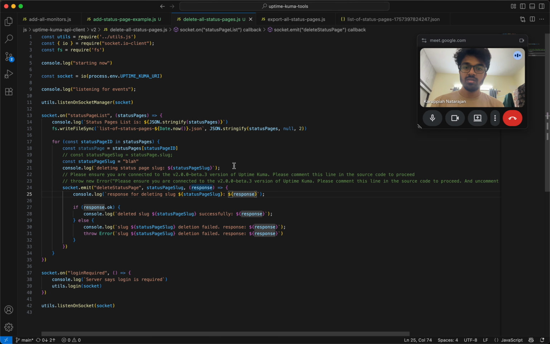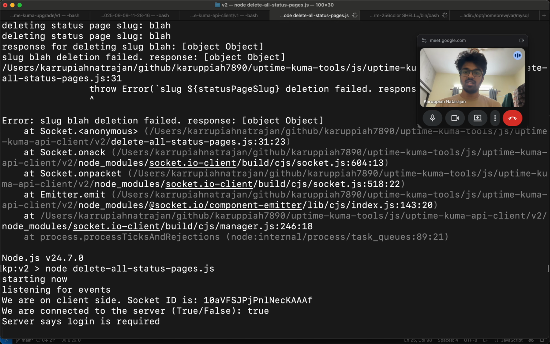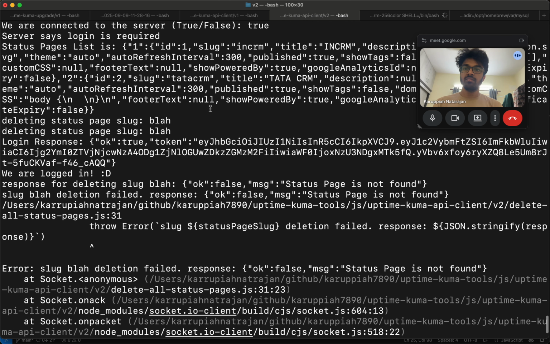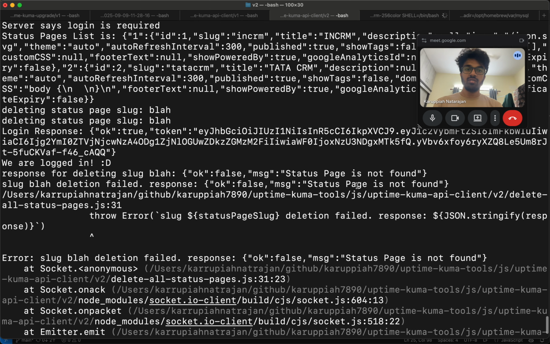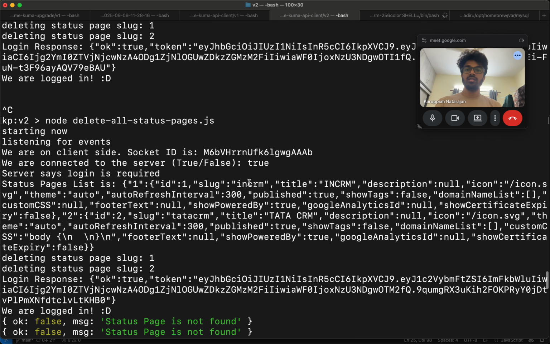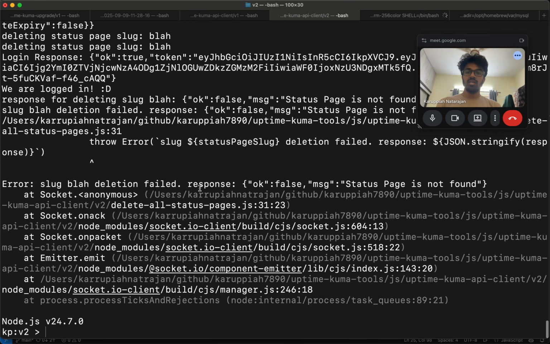I need to start putting the response in a JSON.stringify, so that the errors are clear, right? So that is the error. Okay, false, status page is not found, response for deleting, blah blah. Here it was interesting that it showed it with colors. I'm not sure why it's showing without colors here. Anyways,